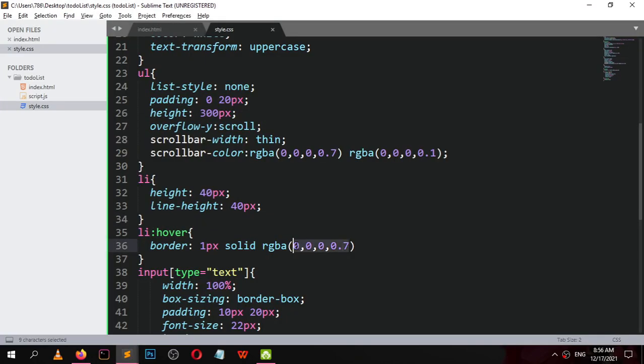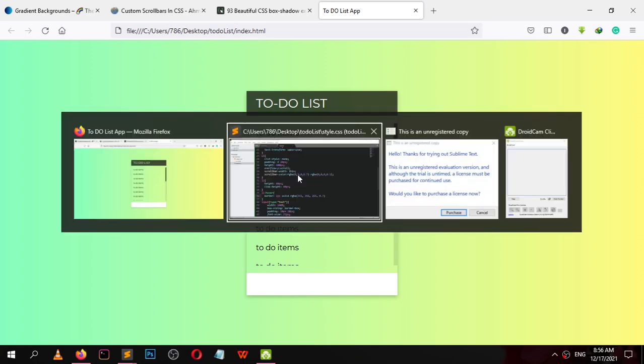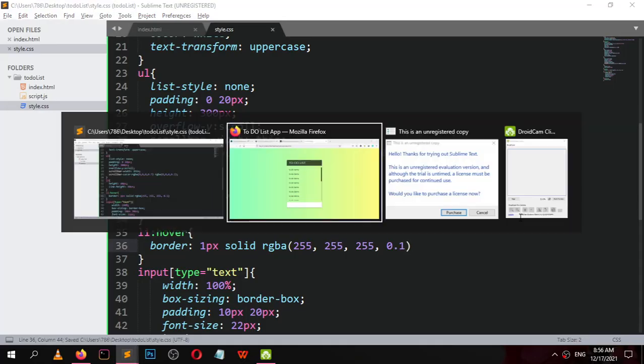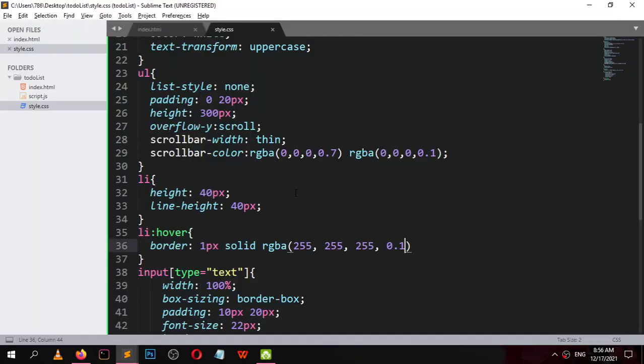Or we can make it white as 255 255 255 0.7. Okay, it looks something good. Or give it a 0.1.